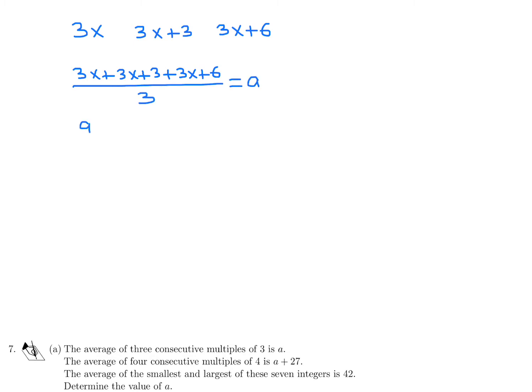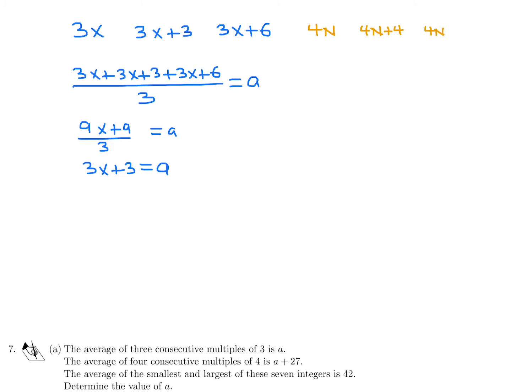All right, let's see. What can we do here? 9x plus 9 over 3 is equal to A. That means 3x plus 3 is equal to A. And I think that's about as far as I can go there. Now let's look at the second sentence, and that sentence says that the average of 4 consecutive multiples of 4 is A plus 27. So a multiple of 4 is of the form 4n. And then the next one would be 4n plus 4,